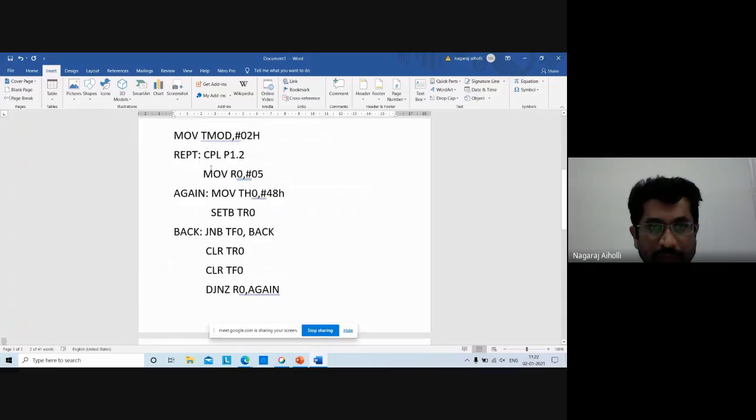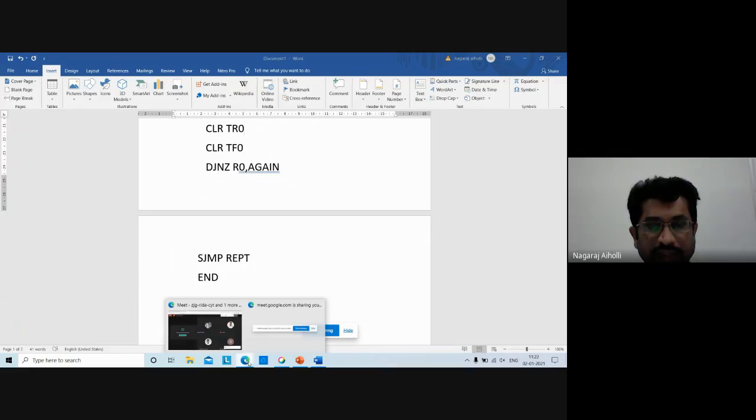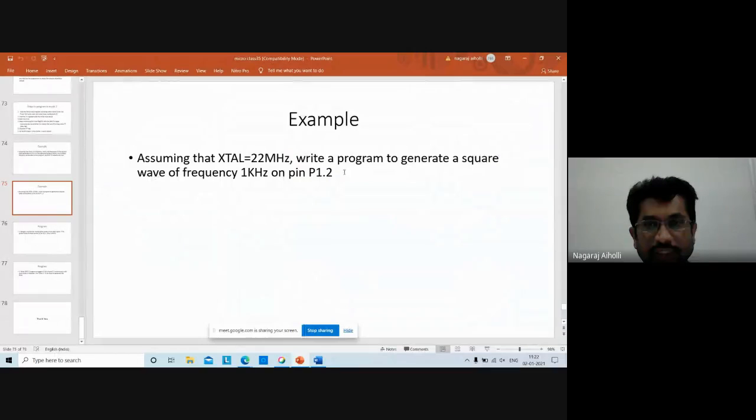It will go to repeat here, complement P1.2, and it will complement that particular bit P1.2 of port 1, from 0 to 1 or 1 to 0, and it will remain in that state for the delay given by this delay portion of the program. Okay, that is given by the timer. Fine. So did you all understand this, students? Students, did you all understand this program? Program is clear. How to generate a square wave on pin P1.2 of 1 kilohertz frequency